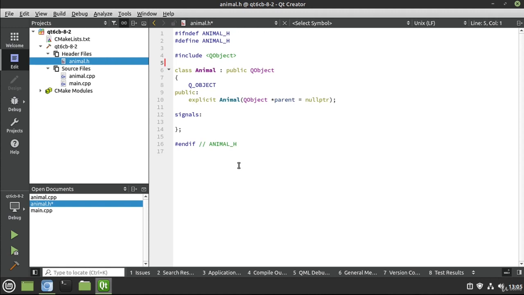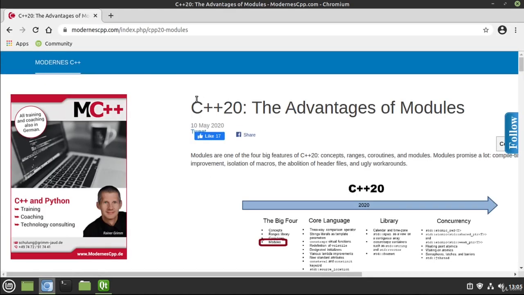In newer versions of C++, there's a concept of a module, and I'm going to flip over here. This gentleman has a really great group that's all about C++. You notice this is C++ 20. Now, in case you're curious, it's Modern's C++. You can actually join them out on Facebook. I'm in that group, pretty great group of people, but module's a little bit different, and this is new for